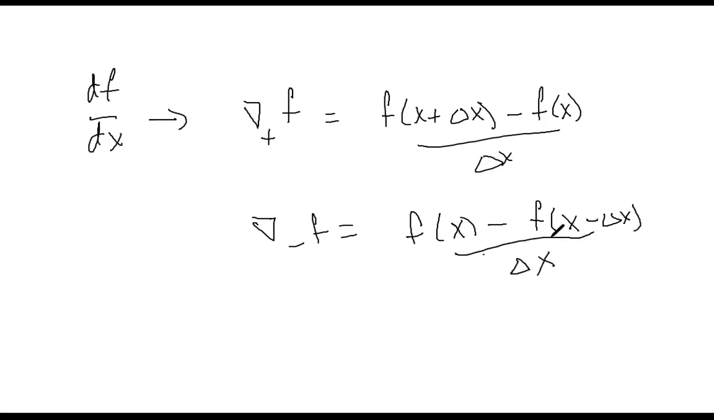If you could take a limit and really let delta x go to 0, these two would be equivalent, but of course you can't on a computer. If you needed a second order derivative, you could just take del plus acting on del minus on f, although we won't have